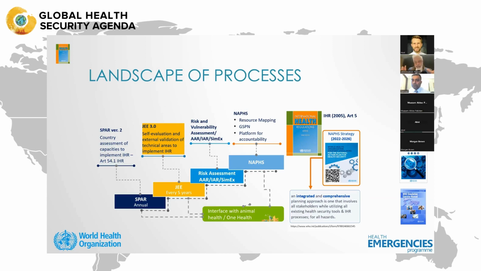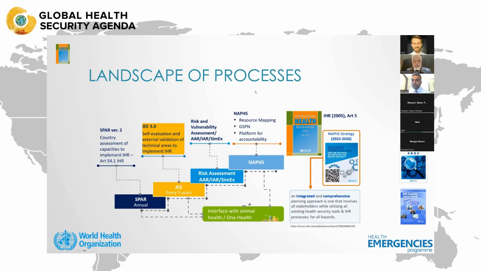And with this data that we get from the JEE, it becomes very, very important, because this, along with national priorities, a risk and vulnerability assessment, and the results and the recommendations that come out of the JEE are then all used to develop a national action plan. And this national action plan has an operational component, which is 1 to 2 years, and a strategic component. So you see that the JEE sits very well within this assessment and planning approach, a